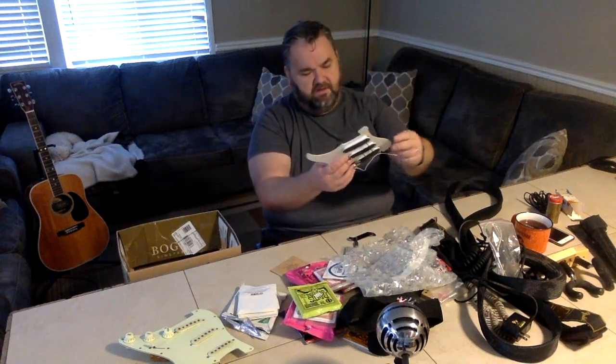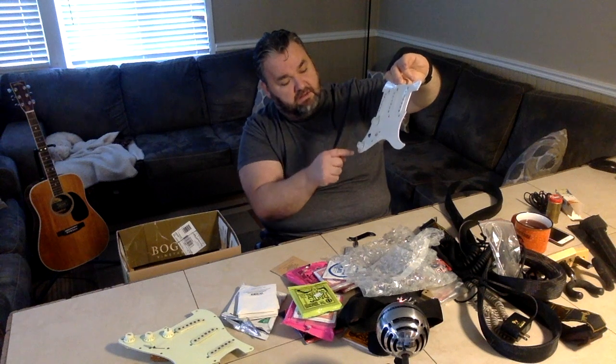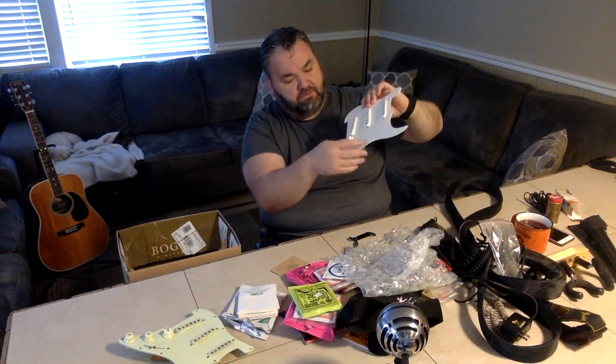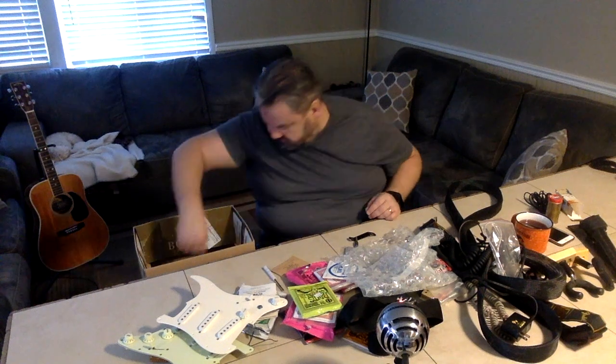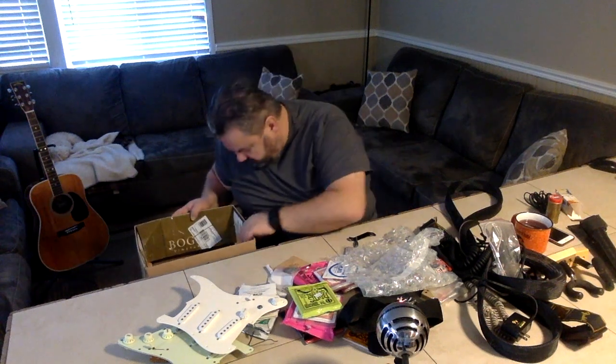But yeah, this is another Strat-like pickup, but this one has only volume and tone, and the input is right there in between, with a 5-way toggle switch. This looks cleaner, probably generic, probably a non-brand. And then just some small stuff in here. No idea what this is. This is some kind of tester. It says something electronics. And this is just a bunch of picks, Fender picks, male and female adapter,